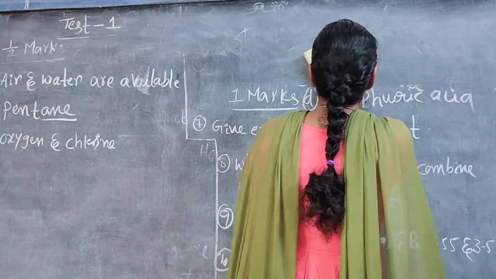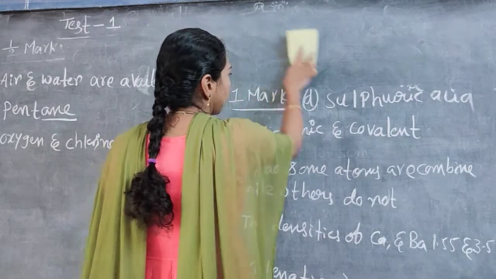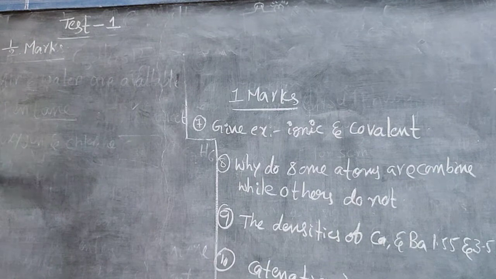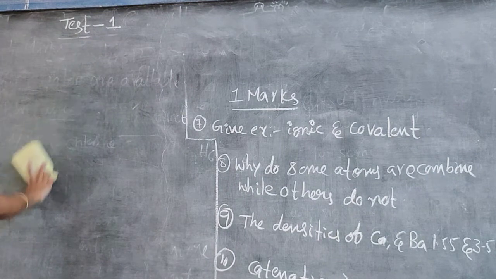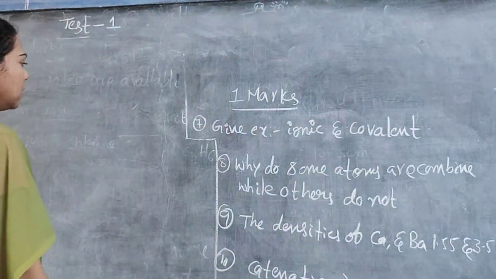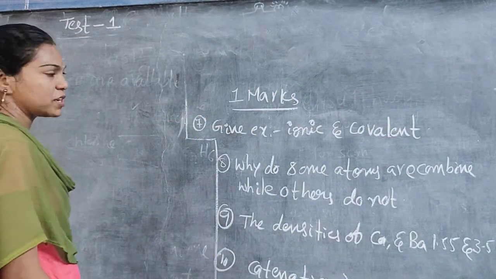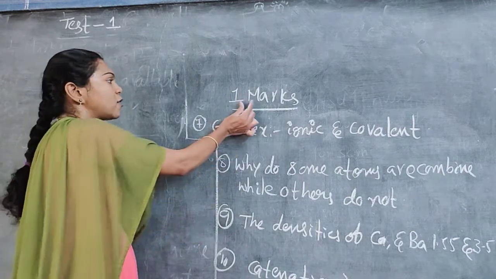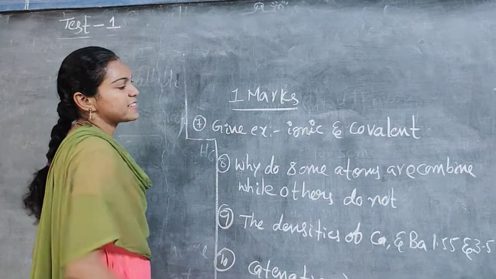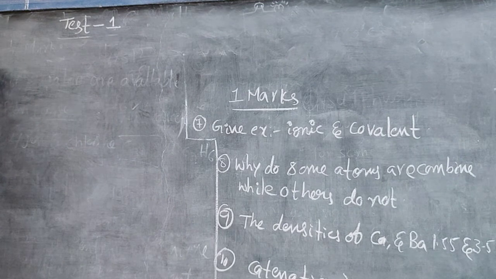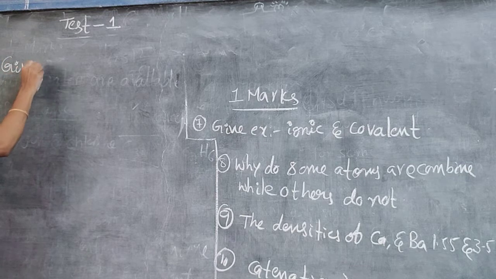Next, coming to 1 mark questions. The question is, give examples of ionic and covalent compounds. These are 1 mark questions, madam. Yes. Give examples for ionic and covalent compounds. Yes. Next is the 7th question. Give examples for